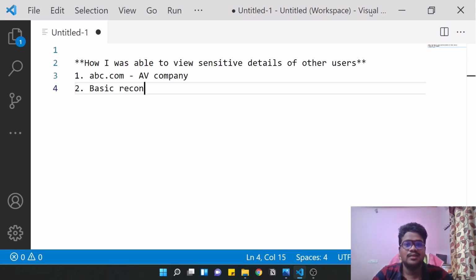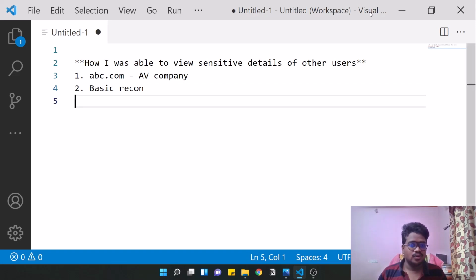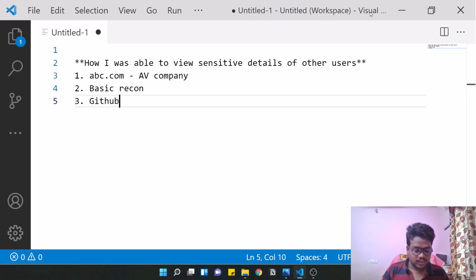I found that these were not useful for me, because most of them are up to date. So the next thing I did, as I always do in my workflow, is a GitHub recon.